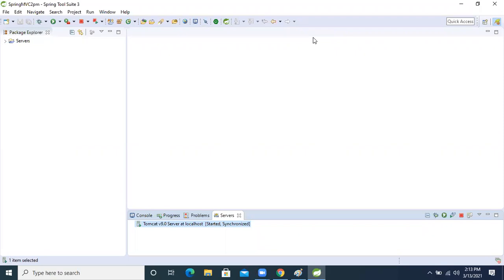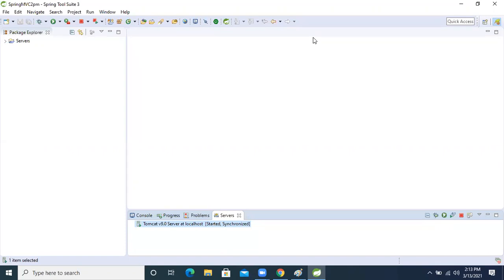Until I complete my first servlet application, I will not start, because our Spring MVC application internally uses servlets only. So if I directly start Spring MVC and then introduce the front controller, it will become very horrible for me, right?